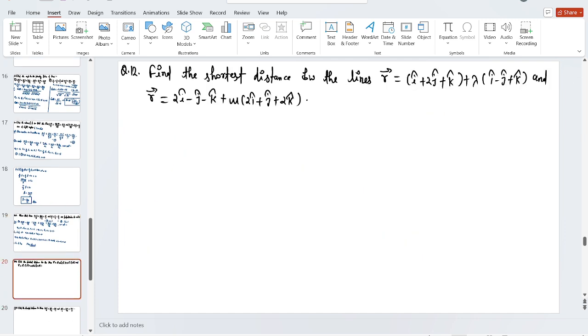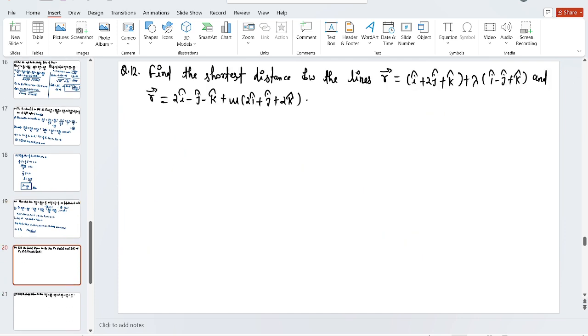Coming to the next question. We need to find the shortest distance between these lines. So the solution: here you see that this is vector v1 and this is vector v2, and v1 and v2 are not equal. So these are skew lines. On comparing vector r equal to vector a1 plus lambda times vector v1, and vector r equal to vector a2 plus mu times vector v2,